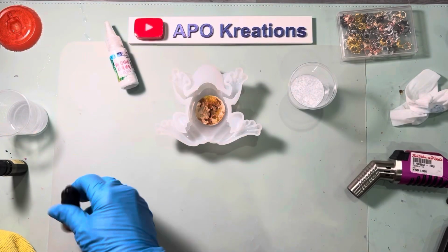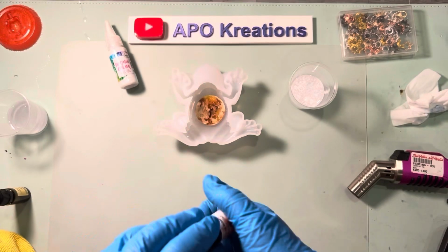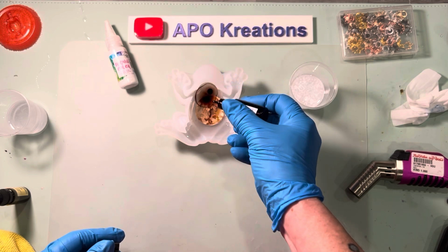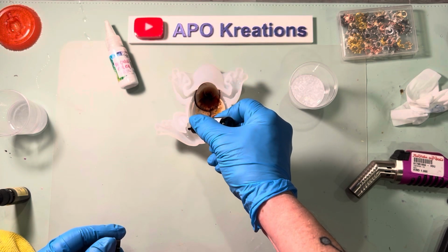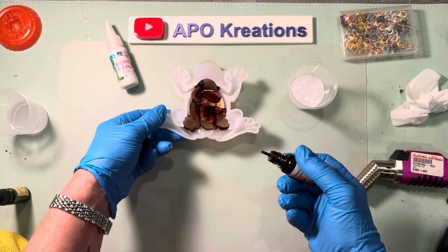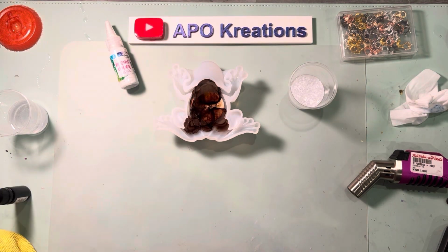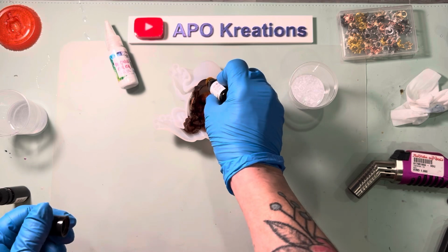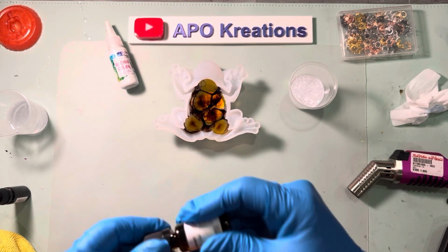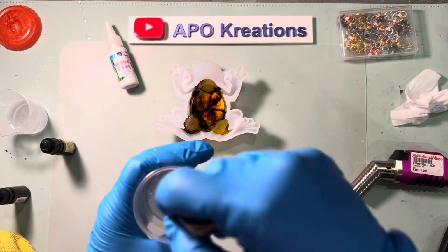Okay, so I'm using the Let's Resin orange and yellow. Unfortunately, this orange, excuse me, I'm getting a cold, so please excuse my voice. But this orange looks like it's kind of brown. I thought maybe I didn't shake it up enough, but no, it looks brown. So yeah, I don't know. But anyway, so I'm just dropping those on there, and I made some white